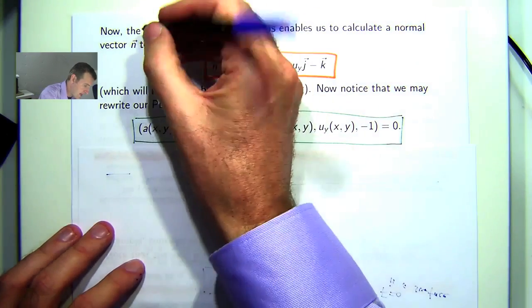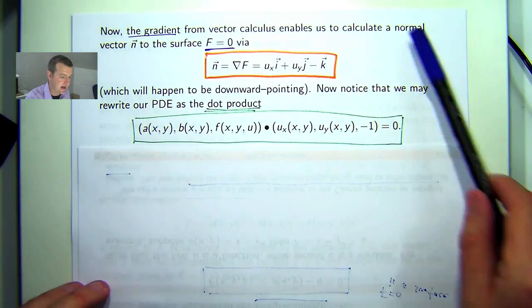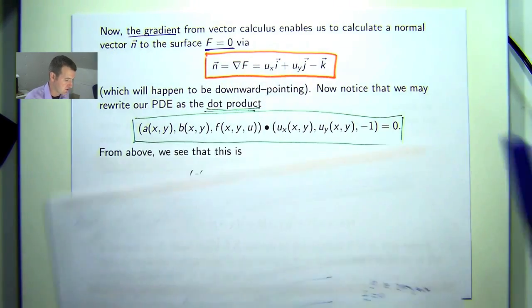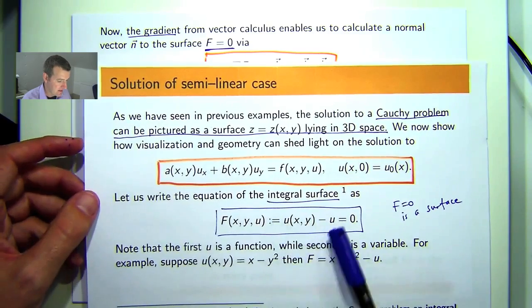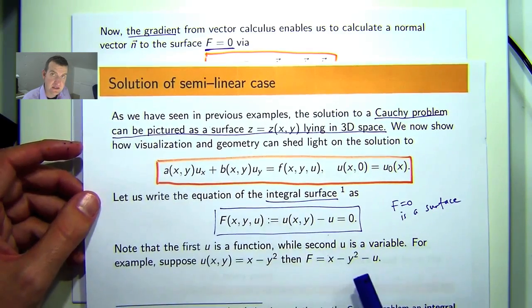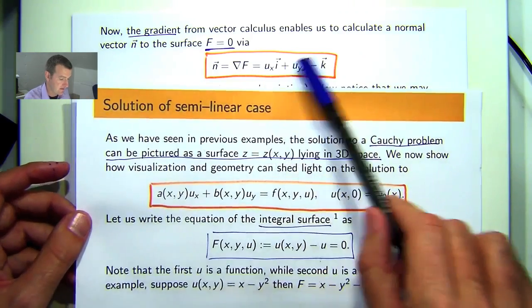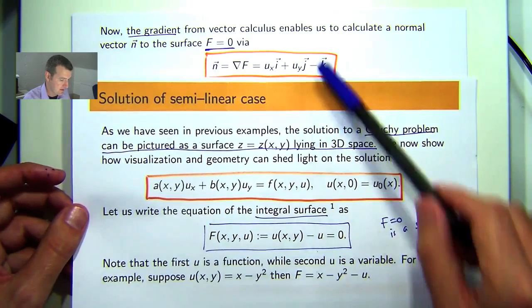We know that the gradient from vector calculus enables us to calculate a normal vector, say n, to this surface. And it's given by this. You basically go to this expression here, you calculate the partial derivative with respect to x, with respect to y, and with respect to u, and you write it as a vector. Okay, so you'll get a -1 there in the third